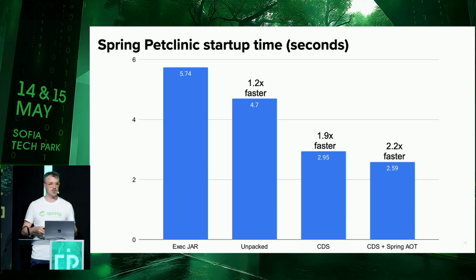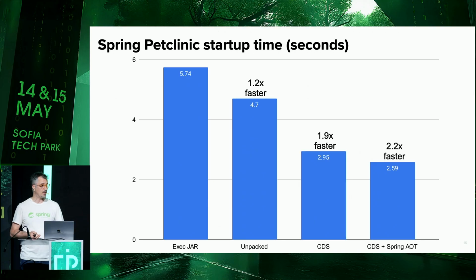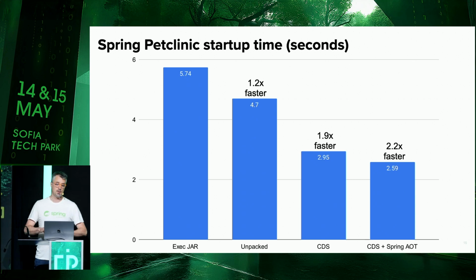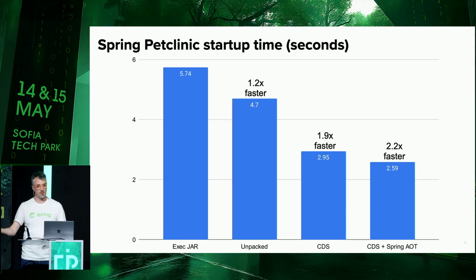So I'm going to share various data points in this presentation. Here you can see that if we take the executable jar startup time as a baseline, just unpacking it, zero effort, zero CDS, nothing, it already starts faster, okay? And if you are using CDS, that can potentially be combined with another optimization that I will detail a bit later, Spring AOT, basically you start your application twice as fast, and this is on a local machine, but also in the cloud. I have been able to verify it in various environments. Of course, it depends on your application. It may be faster, slower, but the key point is that you have an extra boost, a significant extra boost